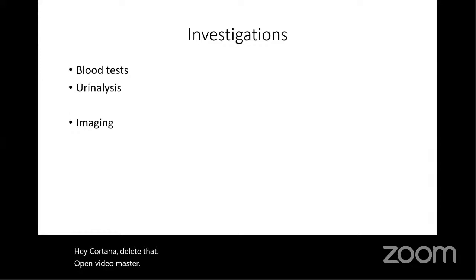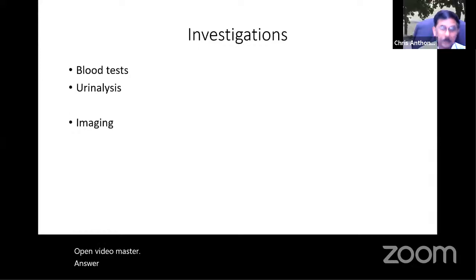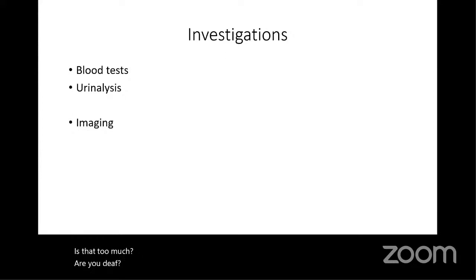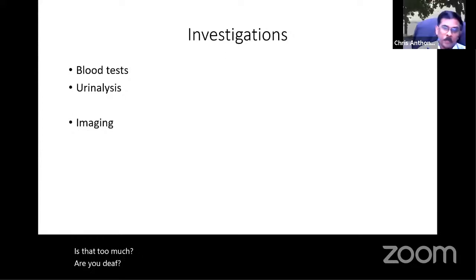If it's a tumor, what type of cell will you get in the urine? You do a urine cytology, and this urine cytology will show malignant cells. You may be able to see abnormal cells, malignant cells in the urine. That's called urine cytology. Of course, protein and casts can be seen, but those are all routine tests. They don't really tell you whether your diagnosis is right or not. Okay, next one.